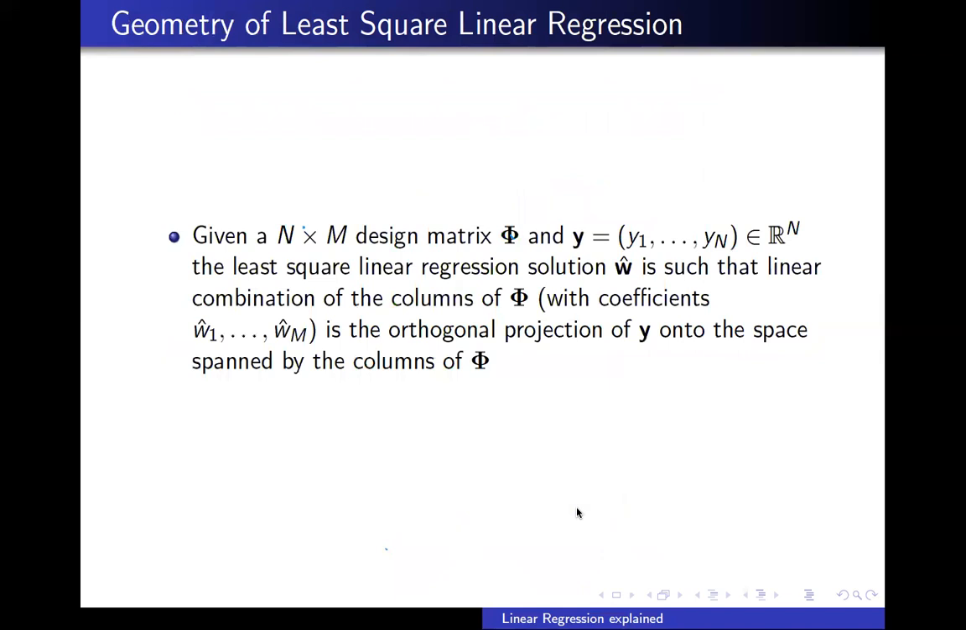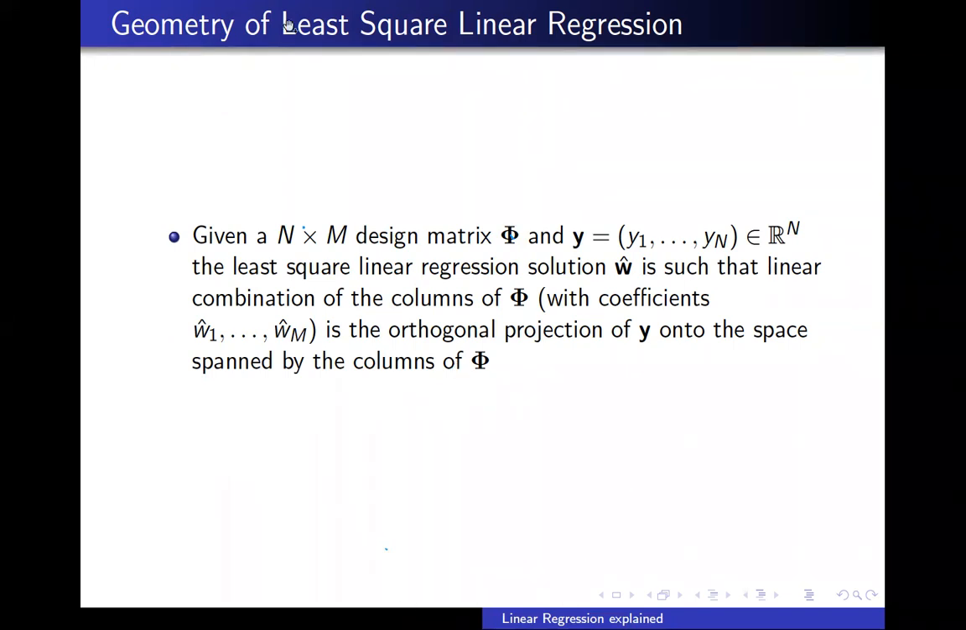Okay, so now, given an n by m design matrix phi and the corresponding true labels from your training set, the least square linear regression solution finds a W, which gives a linear combination of the columns of phi, with coefficients W1, W2. So it is nothing but an orthogonal projection of Y into the space spanned by the columns. Think about two different columns, so let's say it's an n cross 2 matrix. So you can represent